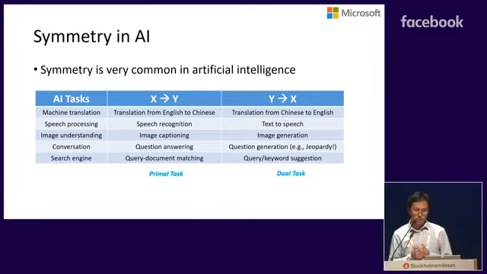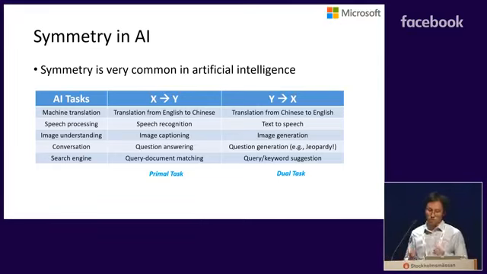We say that two tasks are symmetric if one task maps from space X to space Y, and the other task maps from space Y to space X. For example, in machine translation, the translation from English to Chinese and the translation from Chinese to English are symmetric. In speech processing, speech recognition and speech synthesis are symmetric.